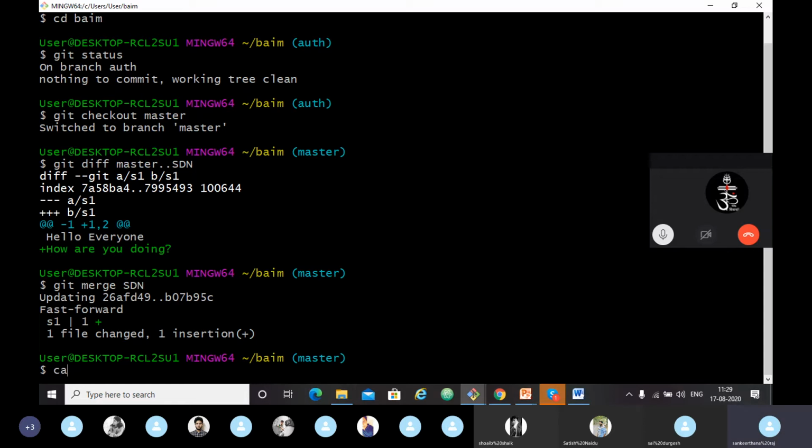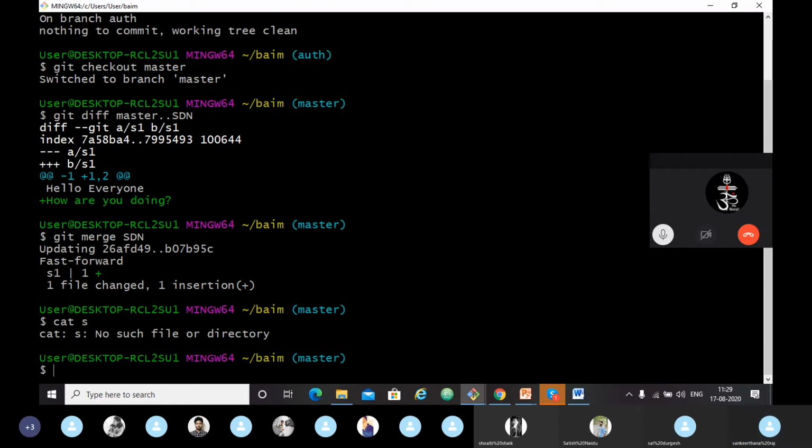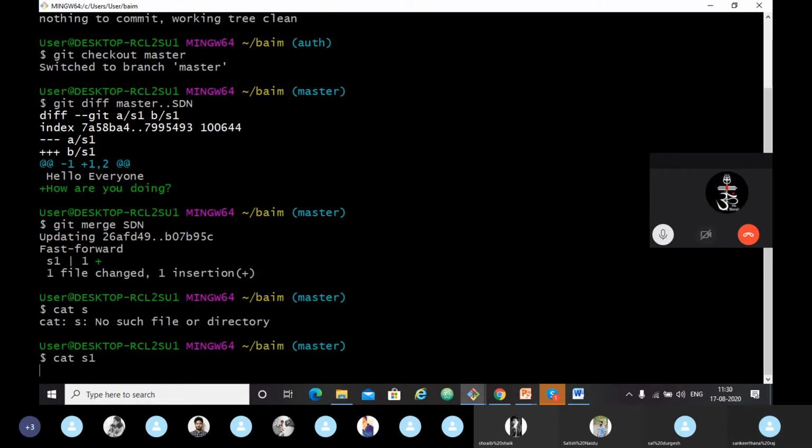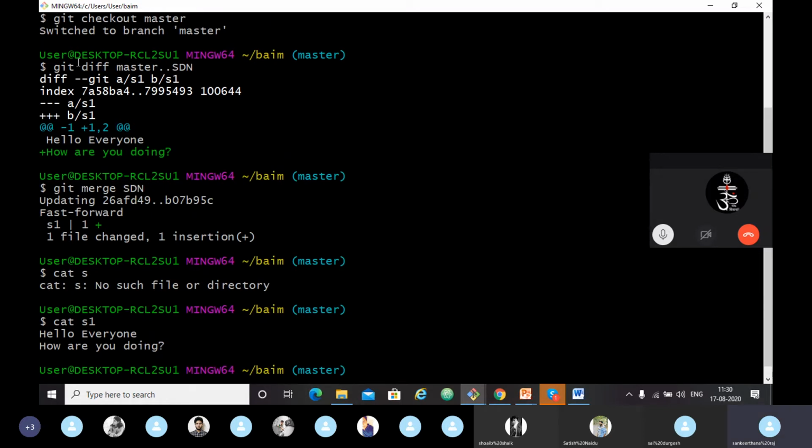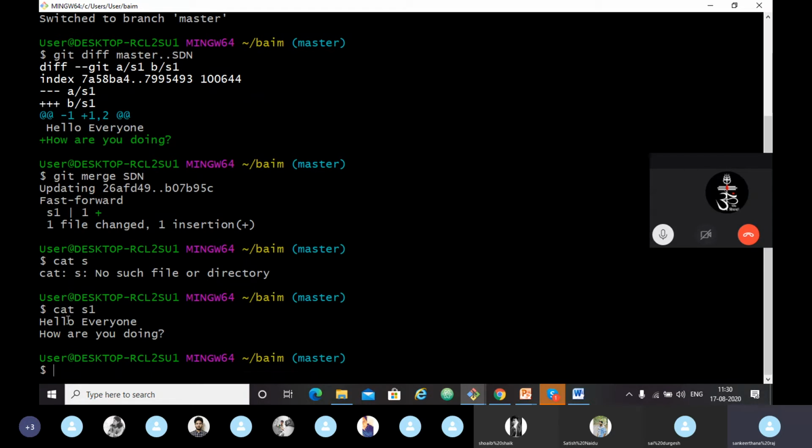Now let's see the cat. We have got our merged file. We saw with the command git diff master SDN what we would get when we merge these two branches. Exactly, we got that after merging. Let's see the graph.